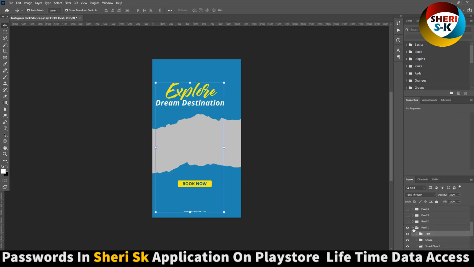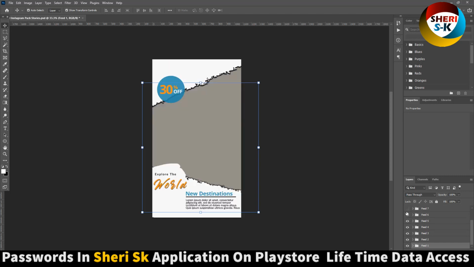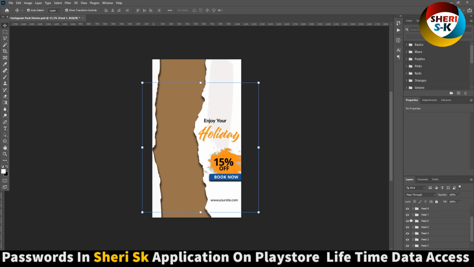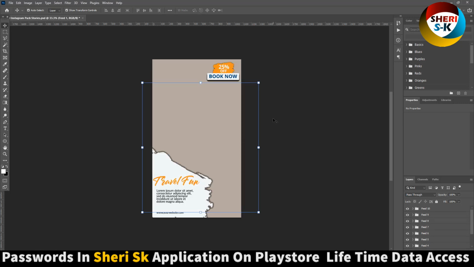Open in Photoshop. Okay, see here in layer area, part 2, 3, 4, 5, 6, 7, 8, 9 and 10. Last is 10. Just simply import your photo and